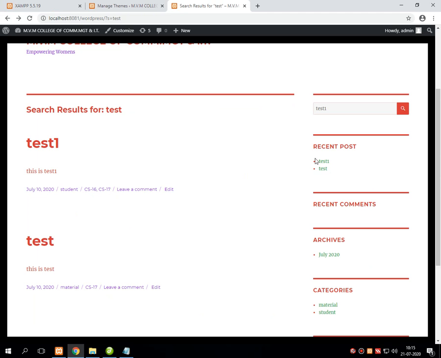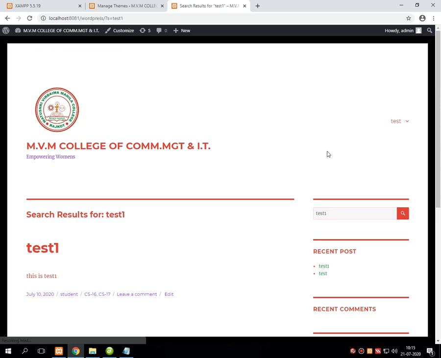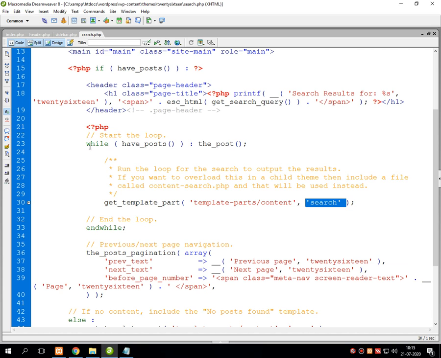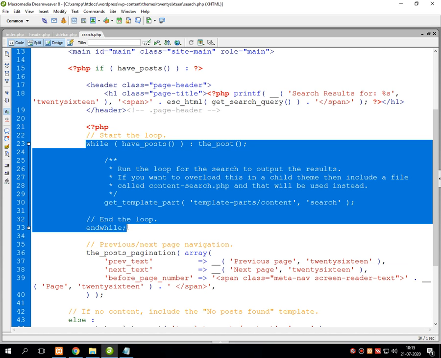So whenever we write the name of a post and press the search button, if this test one is available multiple times, then all that particular number of posts will be displayed over here using this particular value.